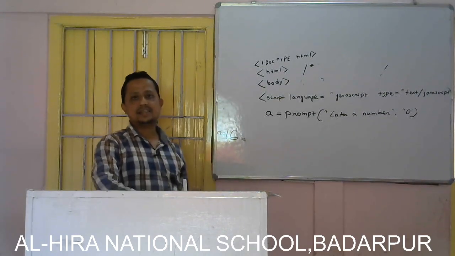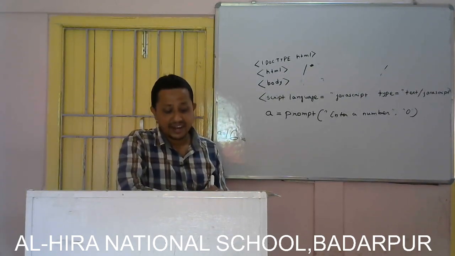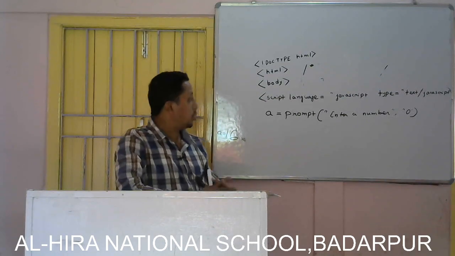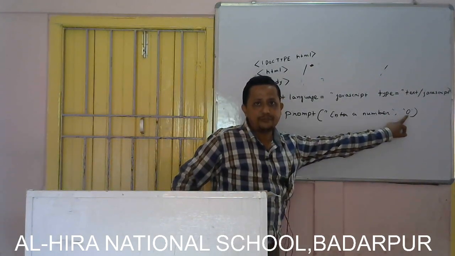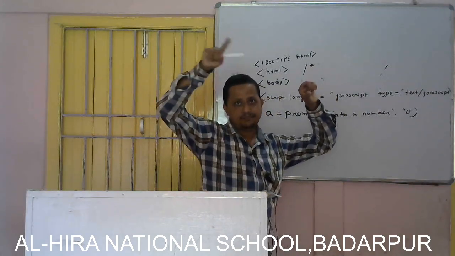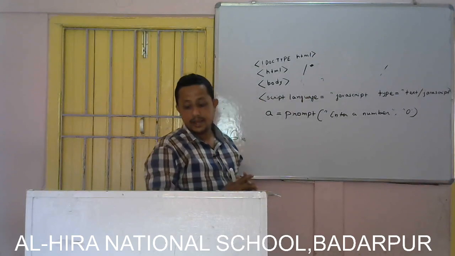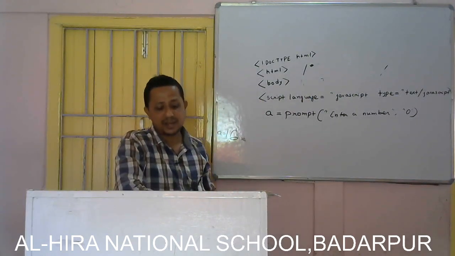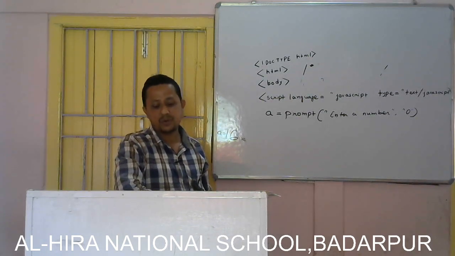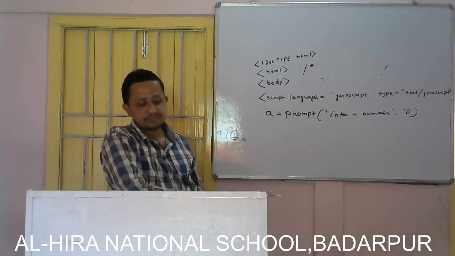You can see, there are some examples in the book. Here it is that age is equal to... Another thing, why have I written 0 here? 0 means that by default the value will come as 0. You can see in your book page number 119, figures 6.13, 6.14 and 6.15, and you can also see 6.16. This output is there.